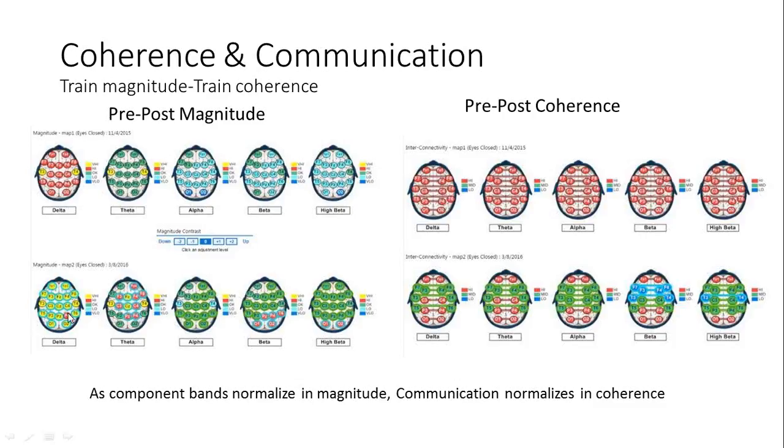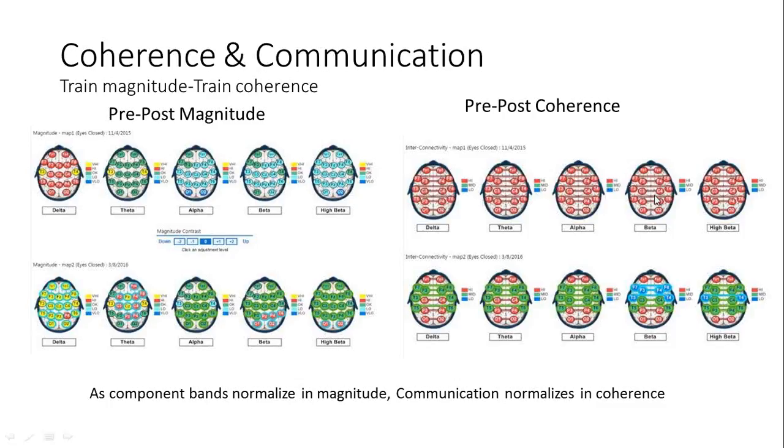which is that delta and theta are actually higher in amplitude, and we increase the power in alpha, beta, and high beta, but we still have problems in delta and theta, which were there in the pre, and if we had shifted up with our shift, you would have seen something similar to this at the bottom. So here we have pre and post map. Now look at the coherence. This looks almost like autism here. We've just got so many coherence problems.